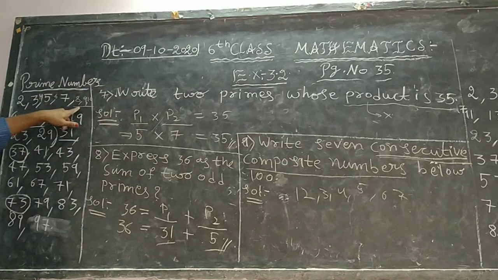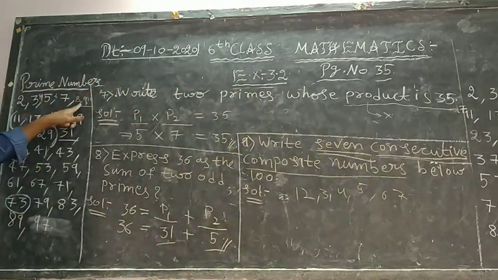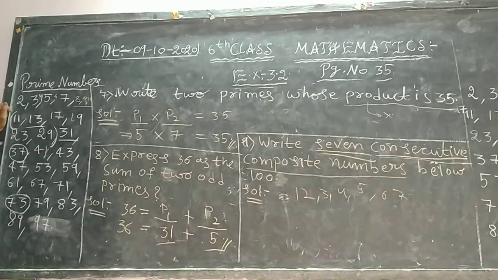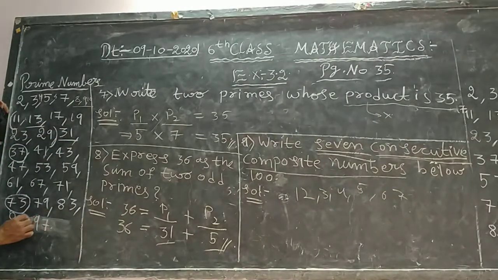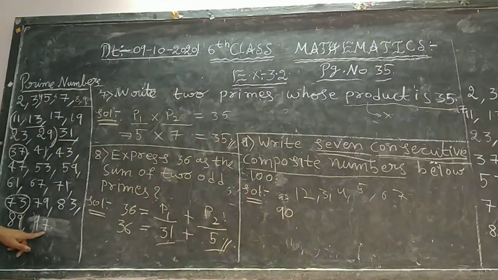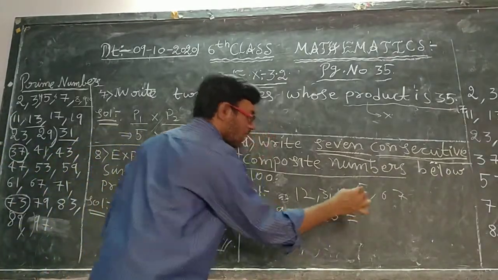That means only 3 came. So only 3 sequence numbers are there. But how many is he asking? He is asking 7. So 7 numbers at a time, in which order will the numbers come? The numbers will be coming after 89 only. After 89, what will be there? 97 is there. So that means 90 to 96.